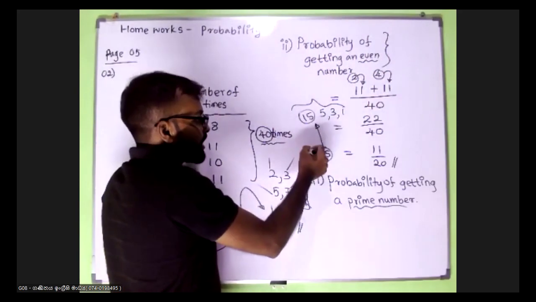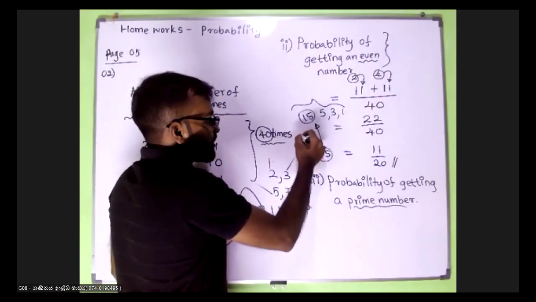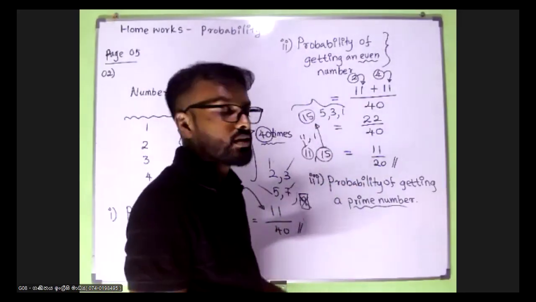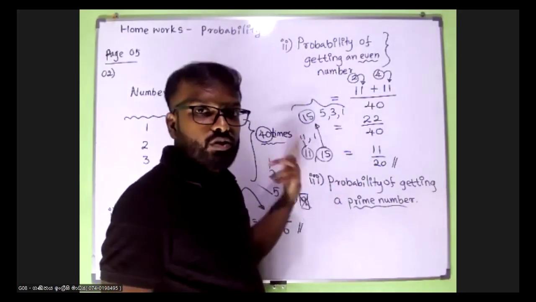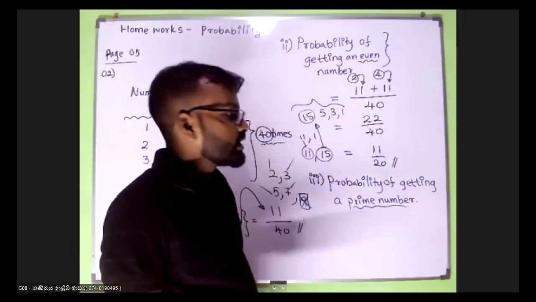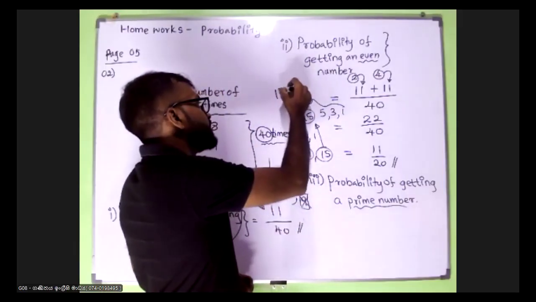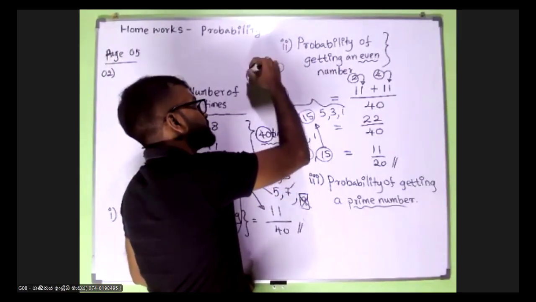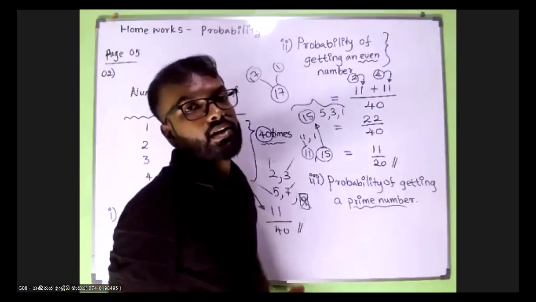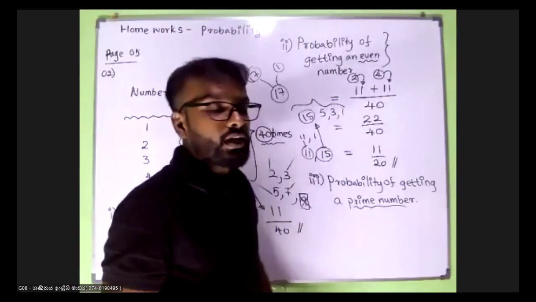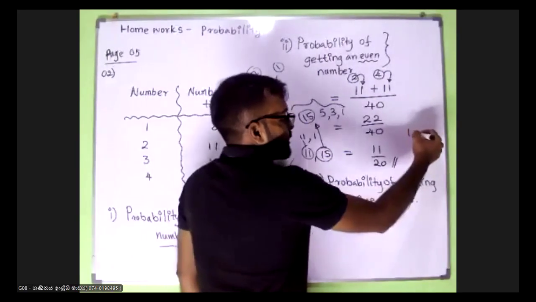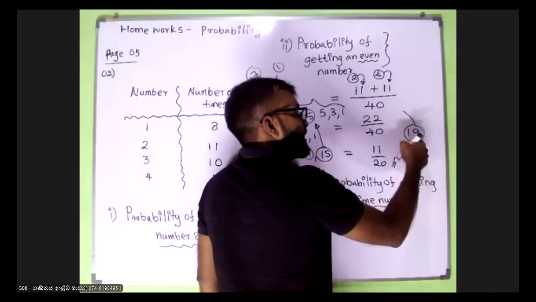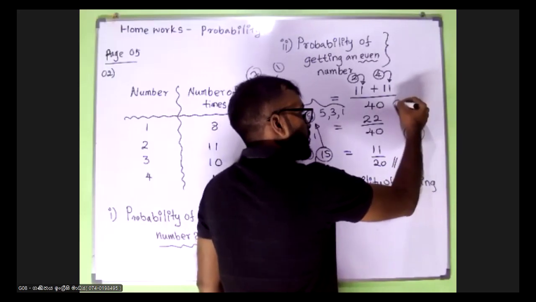So 11 can be divided by 11 and 1. There are no other numbers that can divide 11. 11 and 1, so that is a prime number. 17 can be divided by 17 and 1 only. There are 2 factors, so 17 is a prime number, right? And 19 is also a prime number because 19 can be divided by 19 only and